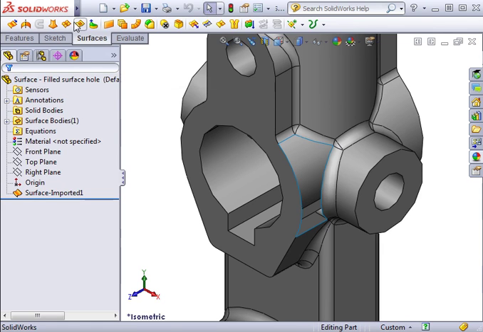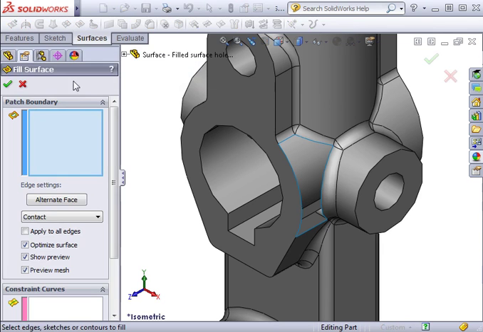I'll launch the filled surface feature from the surface toolbar. The first thing to do is select the patch boundary. An easy way to do this is to right-click one of the